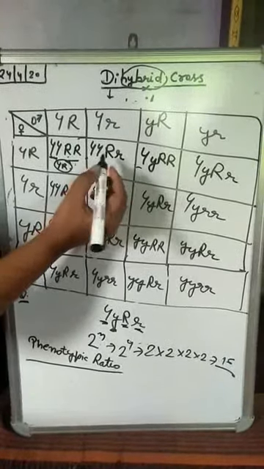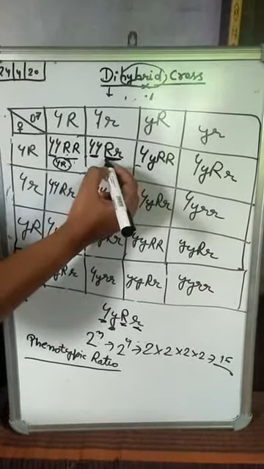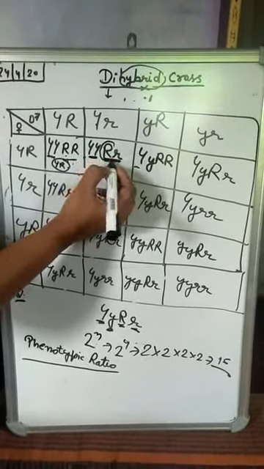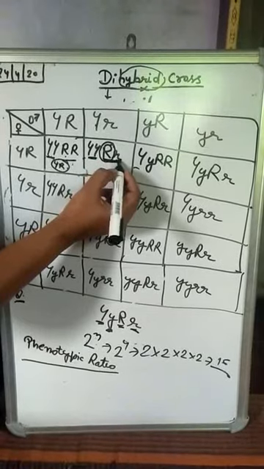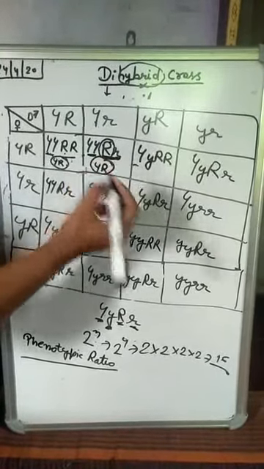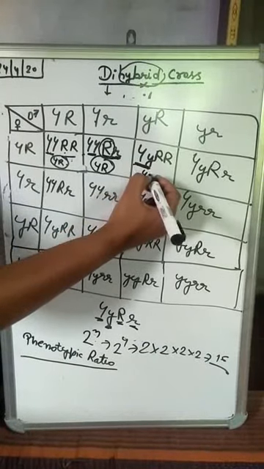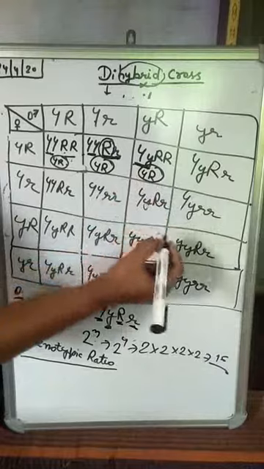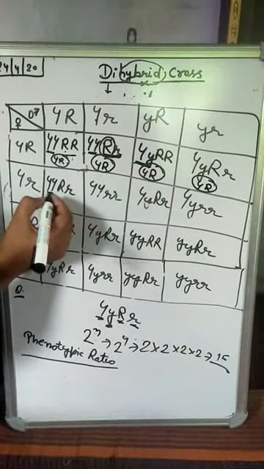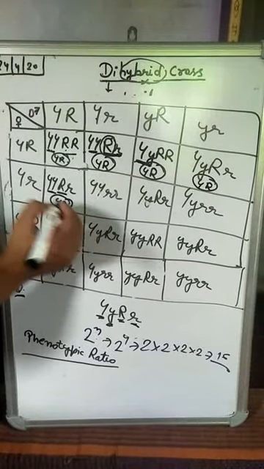In the same way, in the second one, a dominant allele is present. Here you can see a hybrid allele is present, but according to the law of dominance, the dominant allele will mask the feature of the recessive allele. So the resultant phenotype will be again yellow and round. In this same case, there is again a hybrid feature, but the dominant will show its character, yellow and round. Here also again yellow and round. You have to see only the presence of the dominant allele. Where a dominant allele is present, it will definitely show its character.